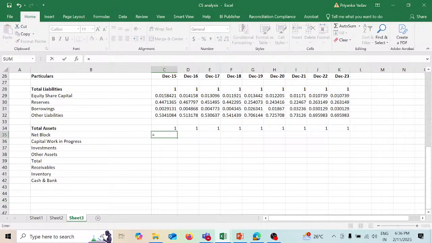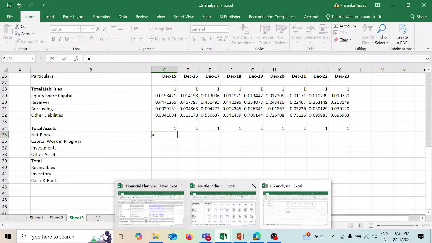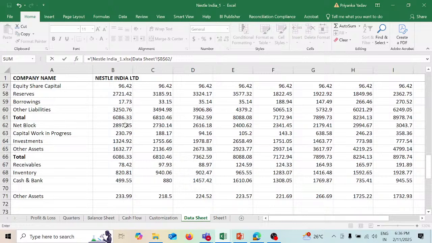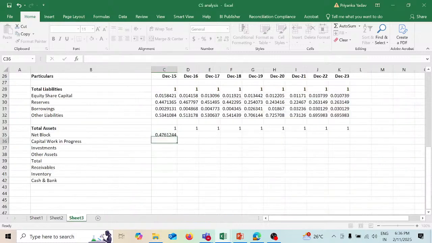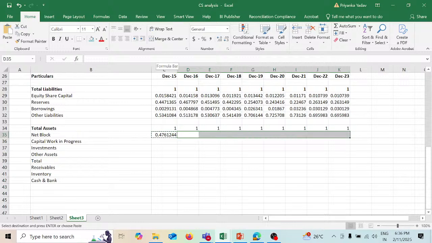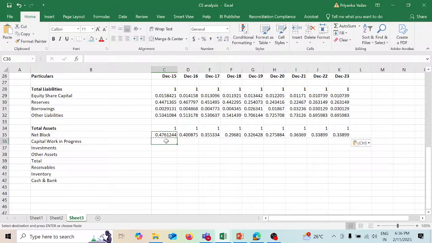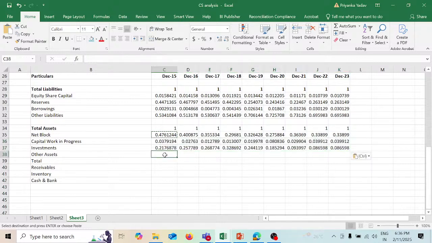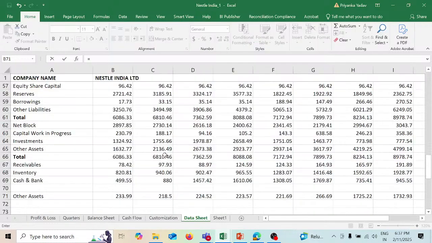Now let's calculate net block over here. So this will be net block divided by total assets. Net block figure divided by total assets. Now till work in progress and till investment, I can copy this all the way, but for the calculation of other assets I have to pick up another figure. So it is not coming gradually. So for other assets, what we are going to do here, equal to, we have already calculated other assets. This is your other assets, divide by